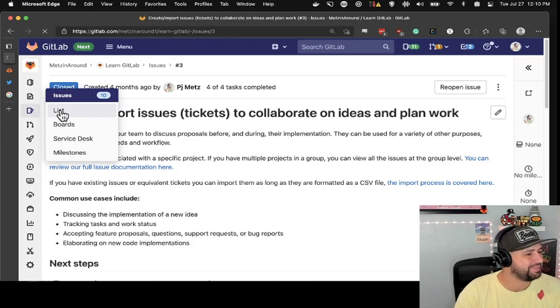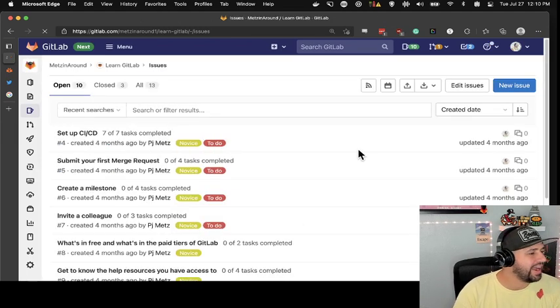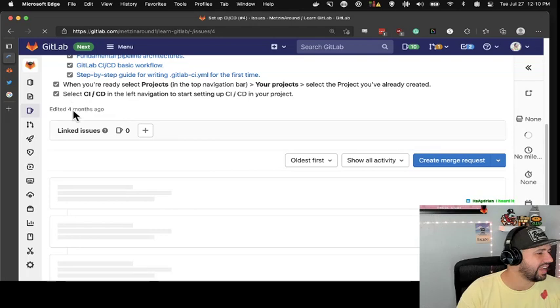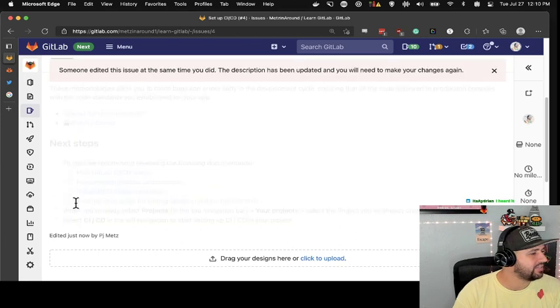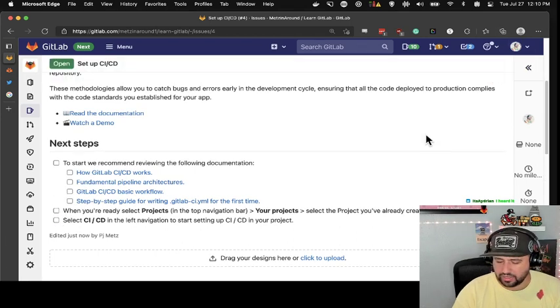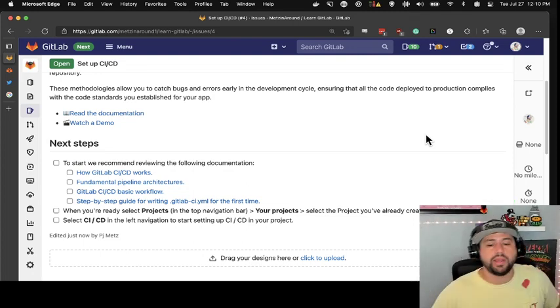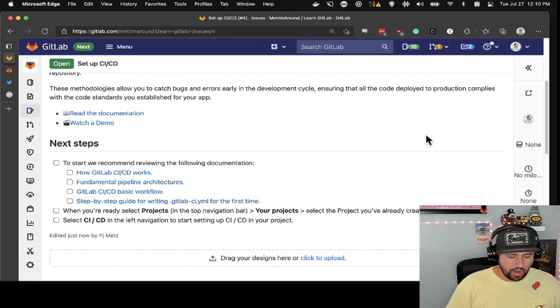Let's head back to the issues. Alright, set up CI/CD, and you can see I've already done this before, but we're gonna pretend I haven't, y'all. CI/CD stands for continuous iteration, continuous development, or continuous deployment. It is a process by which you are changing code and iterating and making changes to a code base, and simultaneously having the ability to